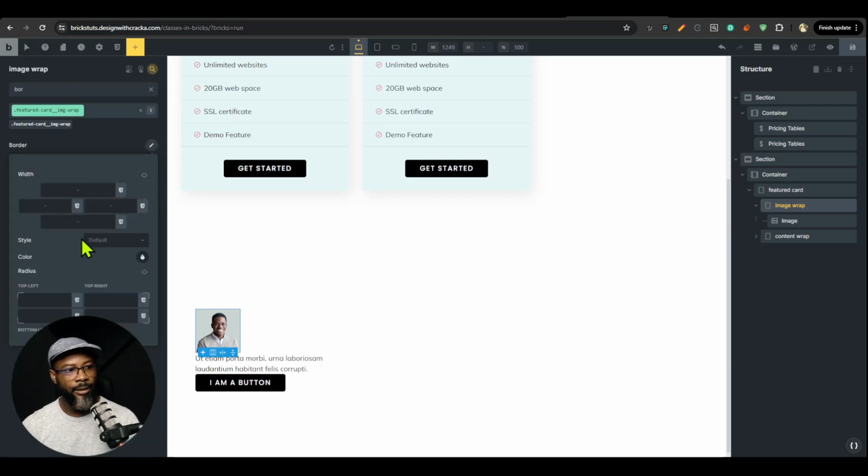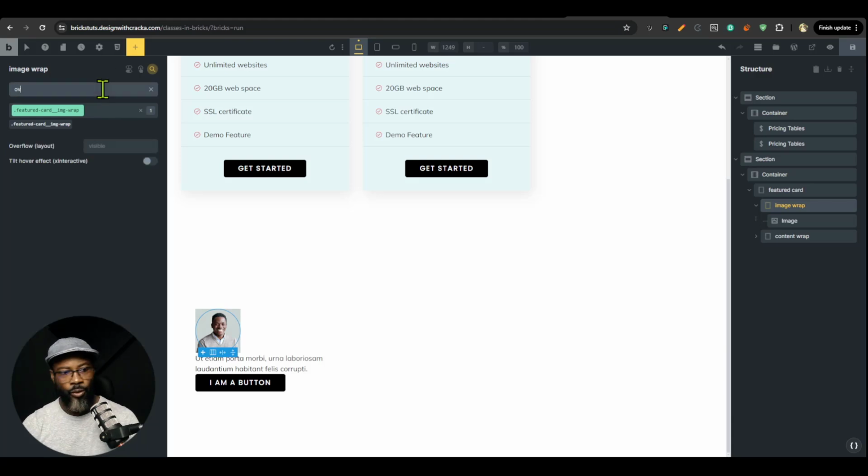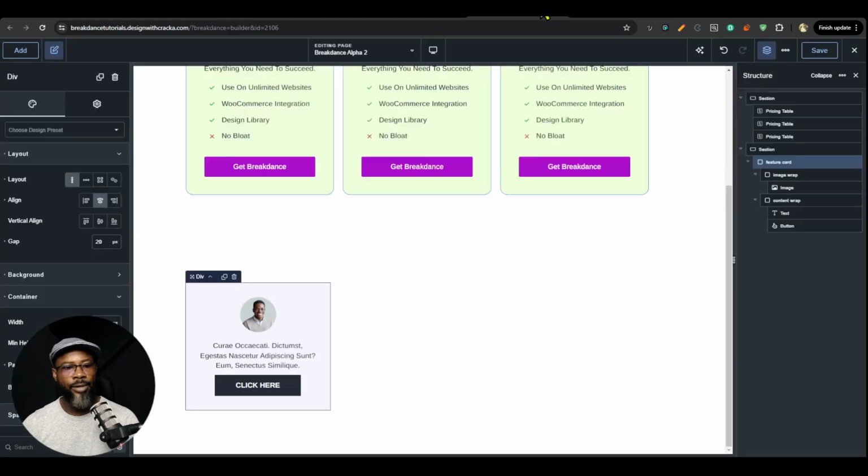Border, okay. Border radius. Okay. And I guess I need to do overflow hidden. So let's go overflow, type in hidden to hide it. In Breakdance,